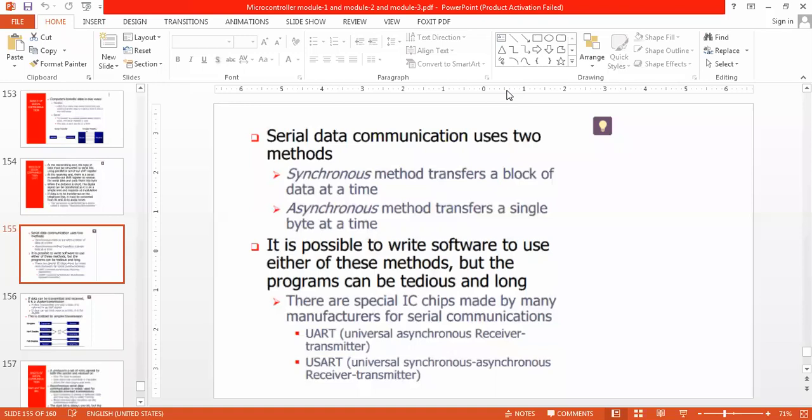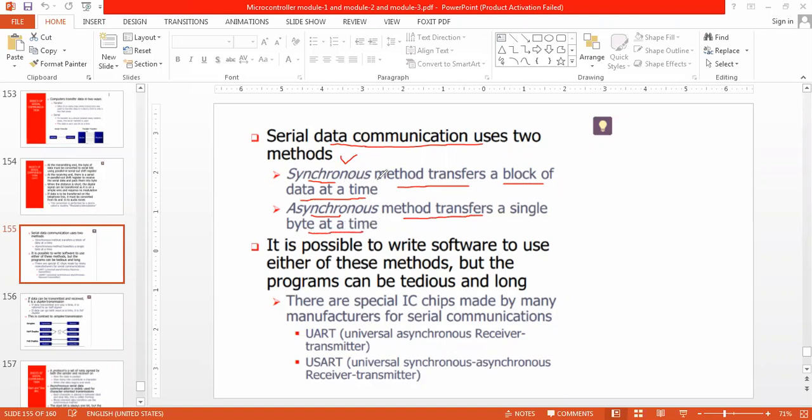This one also we know, right? What is synchronous and what is asynchronous? Serial data communication uses two methods. The synchronous method transfers a block of data at a time. The asynchronous method transfers a single byte at a time.